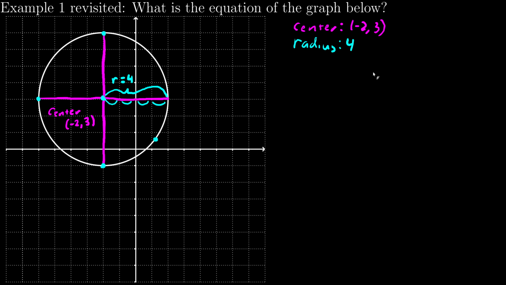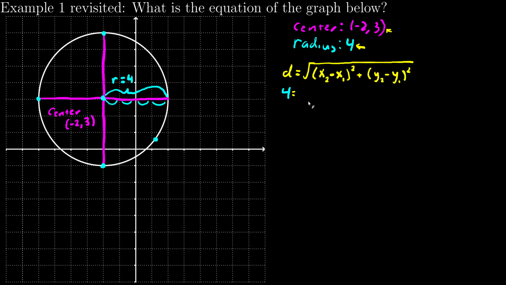So again, this stuff is not going to be necessary at the end when we get the form, but if I recall the distance formula, d equals the square root of the difference in x's, x2 minus x1 squared, plus y2 minus y1 squared. I can use this to guarantee that my distance will always be this radius 4 from this point. So I could say, all right, let's make the distance always be 4,